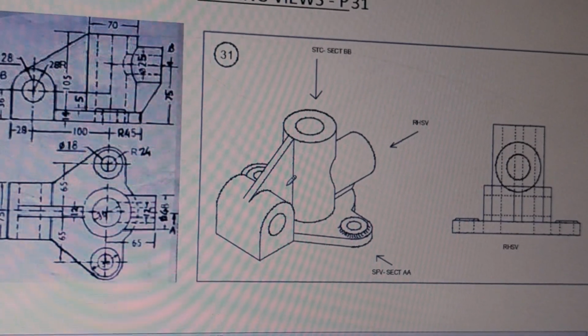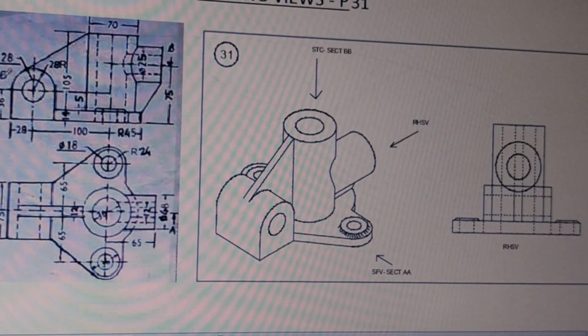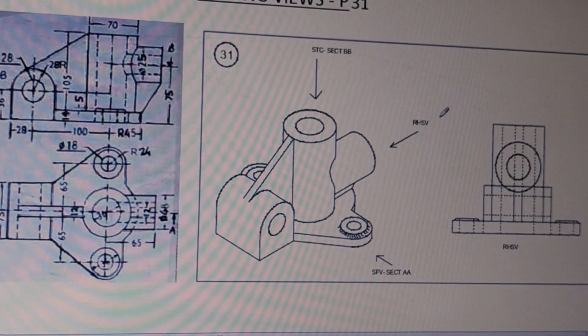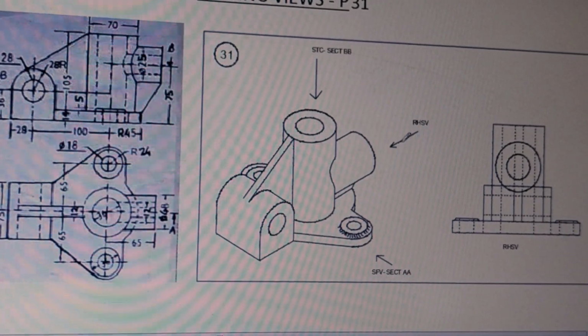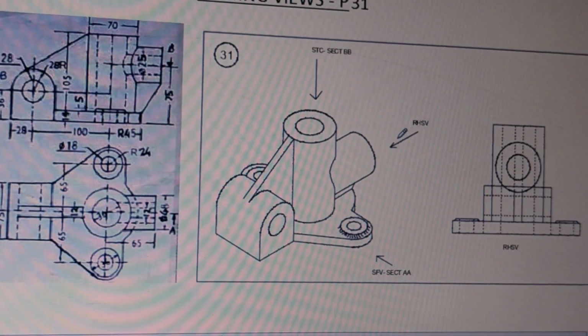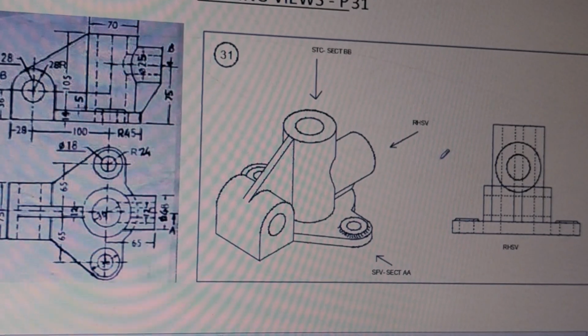So that becomes the entire object, and after we imagine the object, then we are in a position to draw the sectional views. And then the right hand side view, that means in this direction when you see, that is the right hand side view. So how this right hand side view will be seen becomes your missing view, which you are drawing on the left side. So this right hand side view is shown here separately.